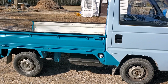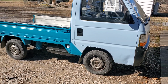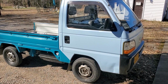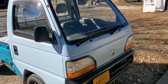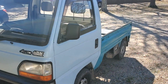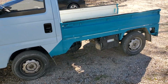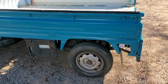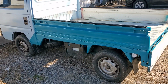Guy was telling me that when you'd be driving down the road with it, come up to a stoplight and the truck would just shut off, just like you cut the key off on it. And he said he got in touch with a couple of people and said that the carburetor needed to be cleaned. And it ran so good, I just couldn't see it being a carburetor. I replaced the fuel filter on it. That was fairly easy. But I did some Googling and found out that there's a thing called an igniter that